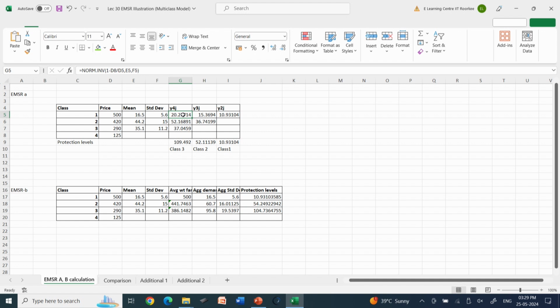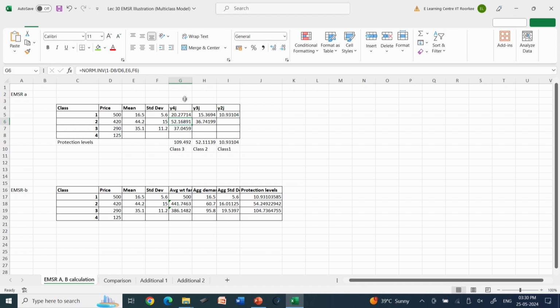So, this is the formula which is inserted in this G5 cell. Similarly, you have the formula for the G6 cell, where you have now 1 minus P4 by P2, and then the rest of the things remain as it is, mean and standard deviation, and then you have calculated Y41,